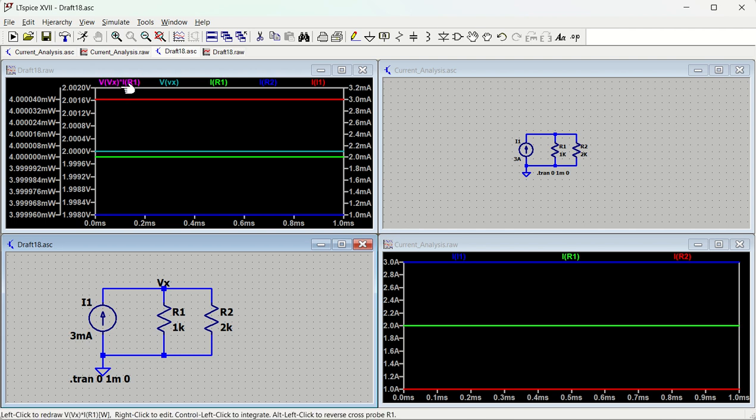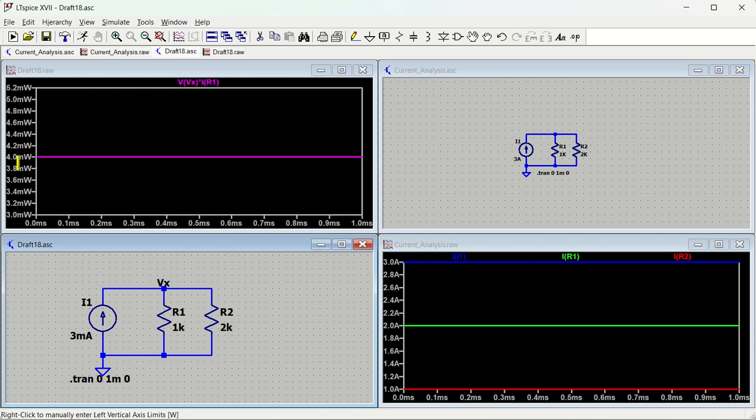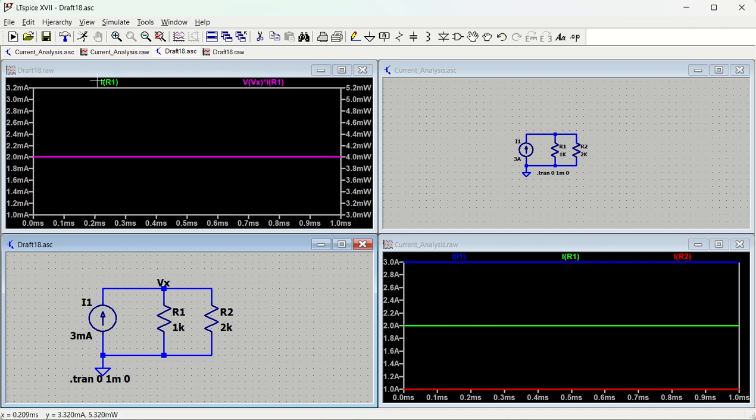So you can see a purple color, V of Vx multiplied by I of Rx, and that is going to give you the value. So I'll just double click this and it is going to give you 4 milliwatts. Only this value I am going to see. Or let's say current across R1 also I will see, that is 2 milliampere, and the power across this is 4 milliwatts. Similar to that, power across R2 will be this blue color, which is going to be 2 milliwatts,